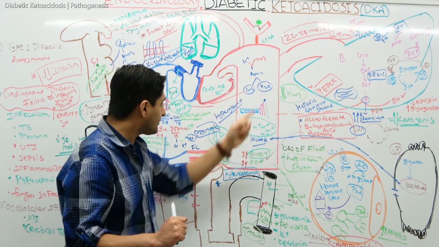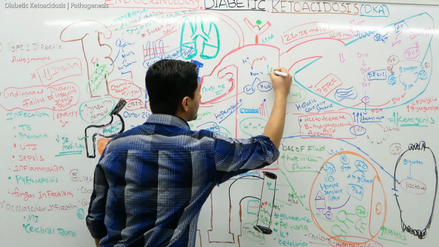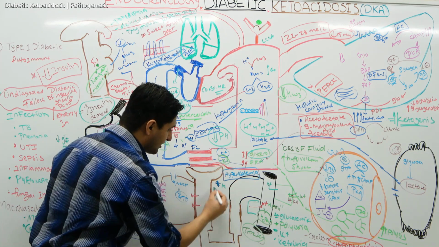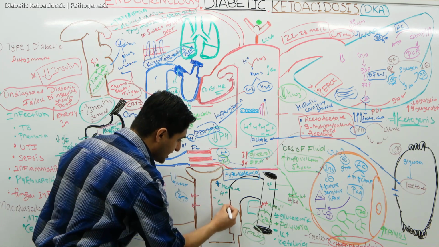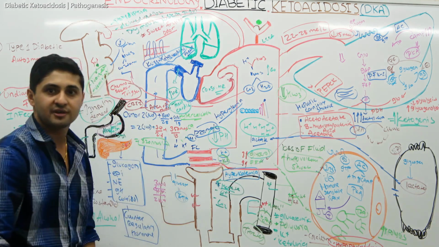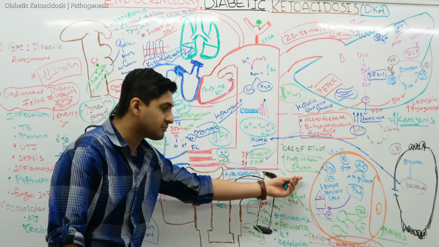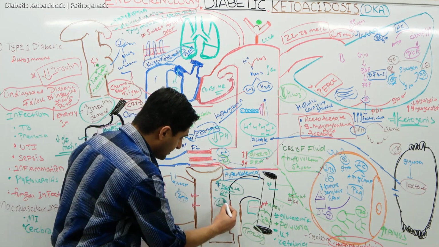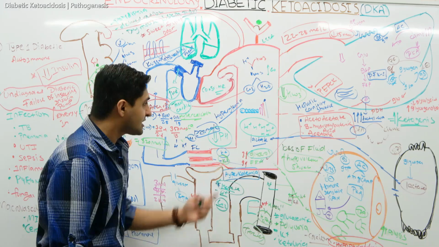But what's one more thing? When the cardiac output goes up, remember what is being produced a lot? Look, in a lot of these blood vessels and arteries, there's a lot of lactate, right? Remember autoregulation: proton concentration, a lot of carbon dioxide. So whenever a lot of these are there, what is going to happen? They'll cause vasodilation of blood vessels. The total peripheral resistance goes down. So the end result is there's a loss of blood volume, and because of the lactate, protons, and carbon dioxide, vasodilation occurs. So in the DKA patient, because of this, the patient will have what?